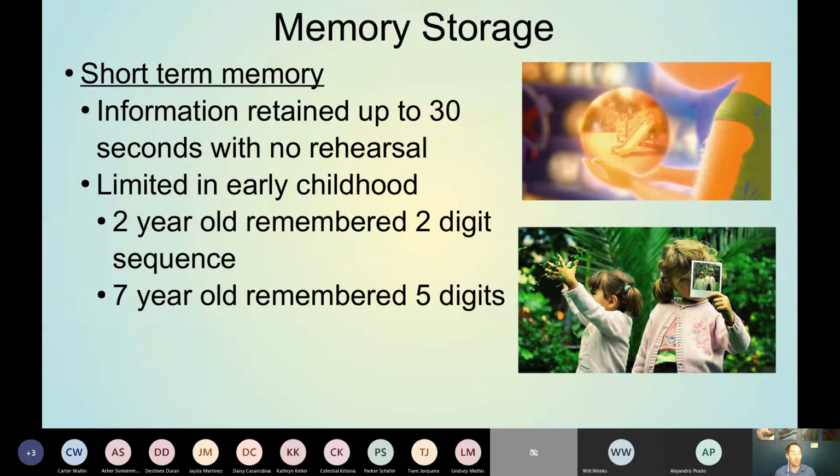So a 7-year-old can probably remember more, up to 5 digits. So it seems like short-term memory increases up to about that age, and then it kind of hits a point where it's not increasing anymore, where we get to remember about the last 30 seconds without doing anything with it. So that's our short-term memory. It's the last 30 seconds kind of in a buffered chunk, and it kind of fades out of our memory unless we work with it, unless we manipulate it, we try to repeat it, we try to make it meaningful.